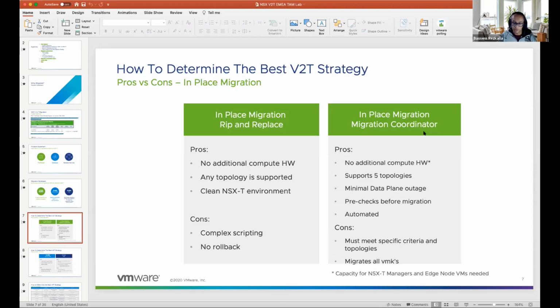But migration coordinator is a neat tool embedded within your NSX-T environment. It supports, I would say, a wide range of topologies, but they support five main topologies, which should cover a good amount of customer deployments. It also supports now, since 3.1, the migration of guest and network introspection services. So if your customer is making use of network or guest introspection,